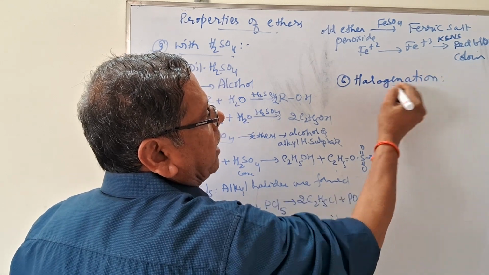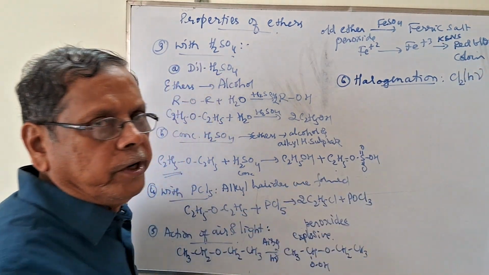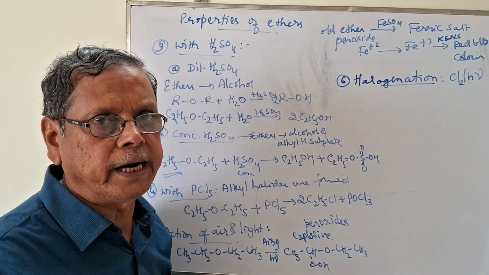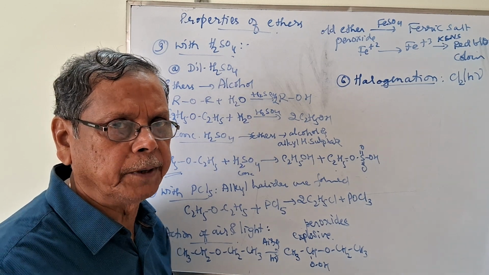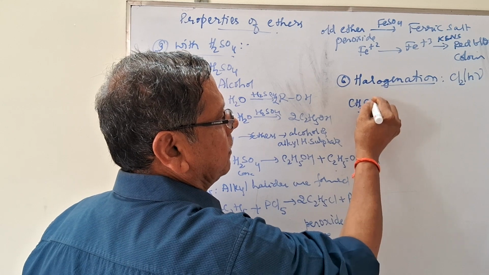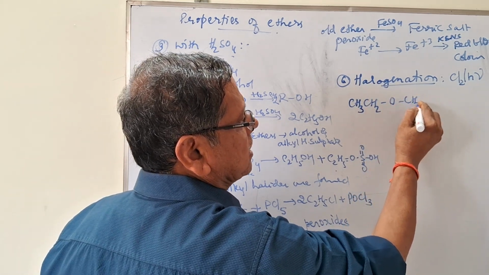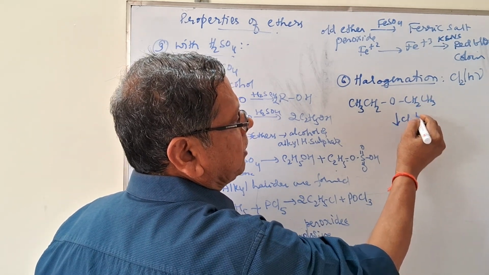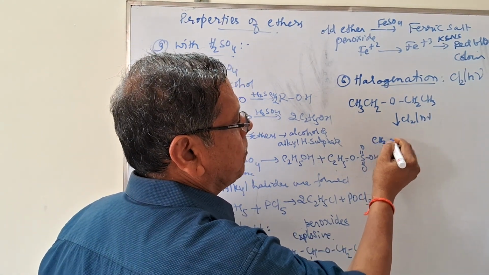If you treat this with halogen, that is chlorine in presence of sunlight, we know that actually hydrogen atoms of the carbon atoms are replaced by the chlorine atoms. This we have already studied in the first year hydrocarbons topic. But preferably the alpha carbon atom first undergoes replacement. Suppose you take the CH3, CH2O, CH2, CH3. Step by step I will write the reaction. If you treat with one molar amount of this chlorine, first one hydrogen atom in the alpha position is replaced